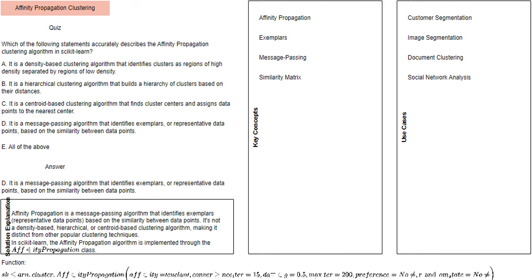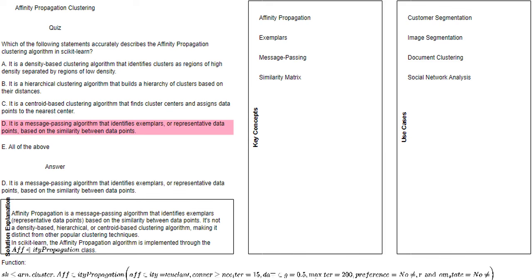False. Since options A, B, and C are incorrect, option E is also incorrect. Only option D correctly describes affinity propagation. D. It is a message passing algorithm that identifies exemplars or representative data points based on the